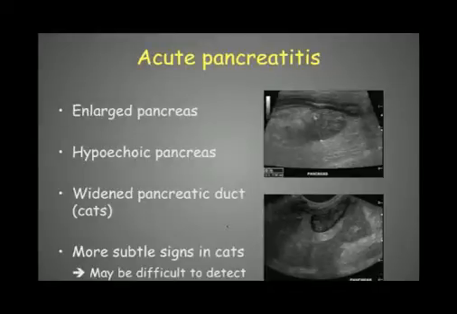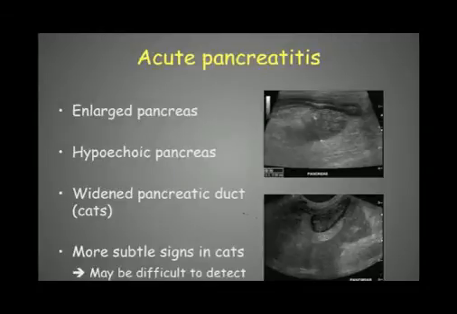The first pathology that we can see in those pancreatic disorders would be acute pancreatitis. This will present some typical signs on ultrasound. We will see an enlarged pancreas like we can have here. Here it's 1.1 centimeter. The maximum size normally of a pancreas is 1 centimeter. And it will be very hypoechoic with ill-defined borders like we can have here in this example. So very hypoechoic, a decrease in echogenicity here as well.